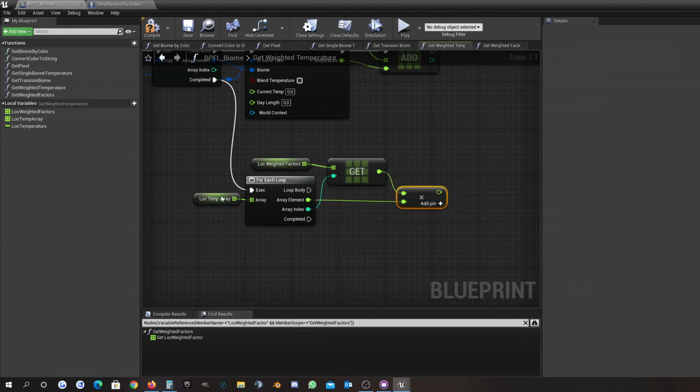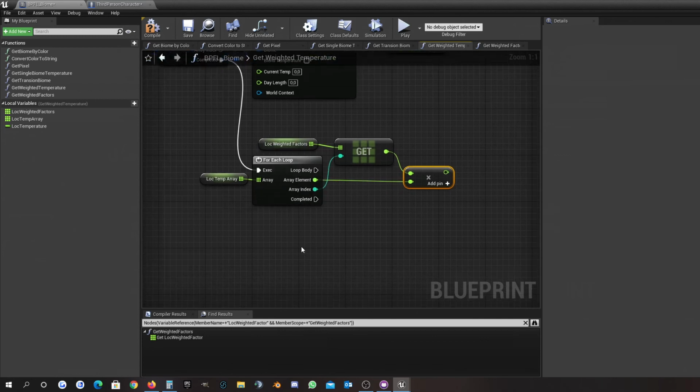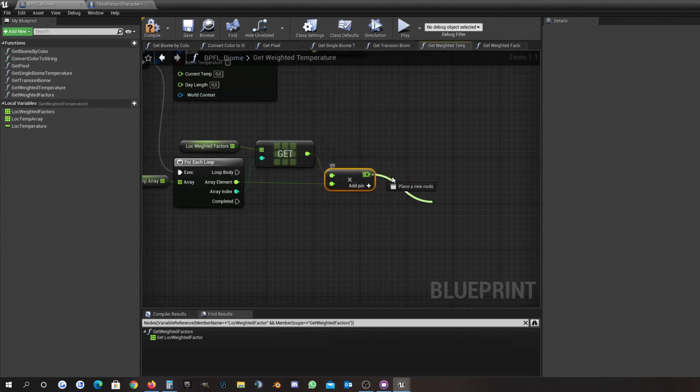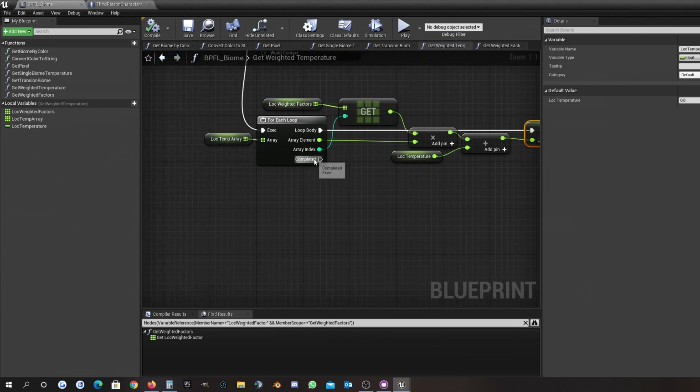So we have now a temperature, maybe if the half of our biomes are the desert, then we have here a factor of 0.5 times the temperature of the desert plus 0.5, maybe if we have a temperated zone, times the temperature of the temperated zone. So we add this and store it then here in our variable, and then we have our weighted factor, and we can return